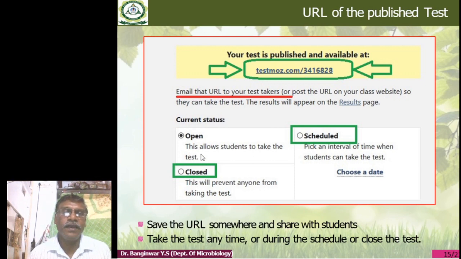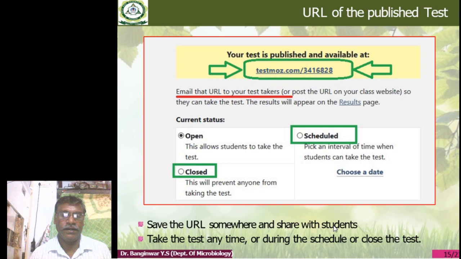Now this is only open. The close as well as the schedule is not available in the free version, so it requires the premium. So save the URL somewhere and share it with the students.